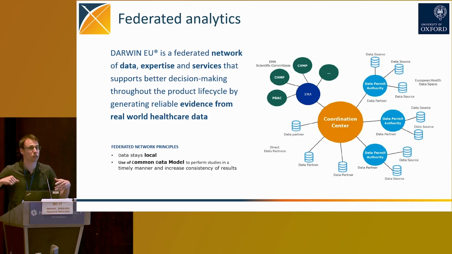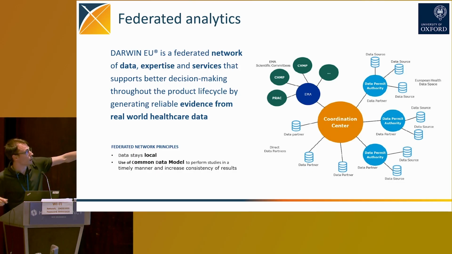From these 40 data sources that we have available, we are going to use 5, 6, 7 that are these ones. These are the ones that seem to have the conditions that make it more likely to produce the answer to the question that you want. It prepares a code, and then this code is sent to the data partners. Data partners have their data in-house, so we don't have access to any data. The coordination center is only responsible for